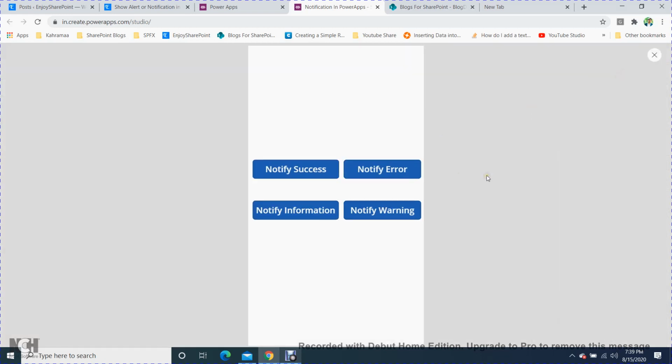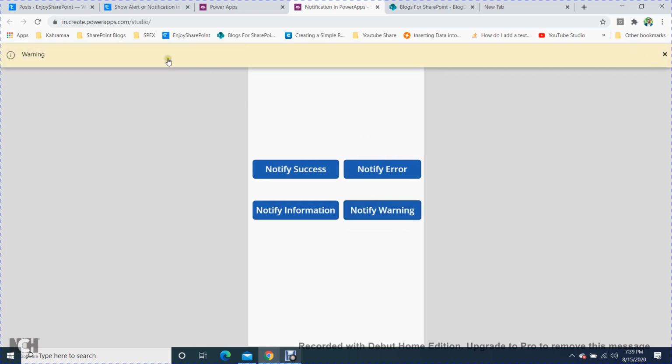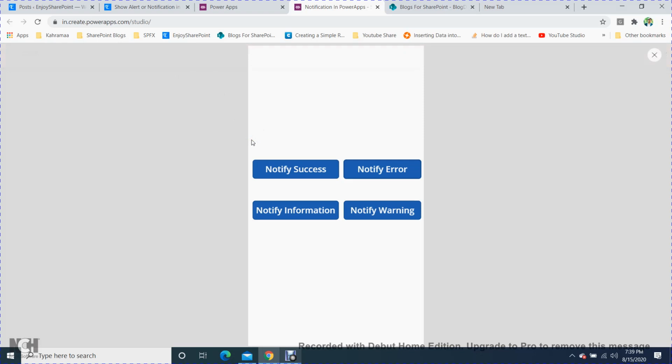So if I run this app, suppose I notify with a warning. If you see here, the notification warning message is visible over here. If you click on notify information, then the information is coming here. If you click on notify error, then the failed status is coming here. In Bootstrap also we use it. This is the type of this. In these colors you can see all the alerts.